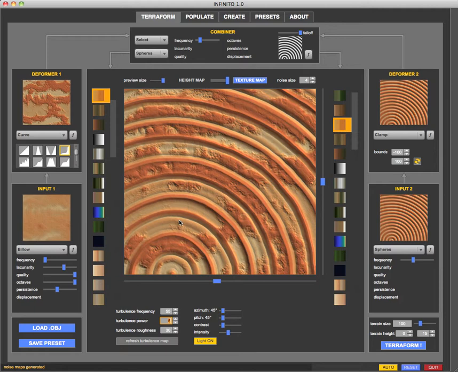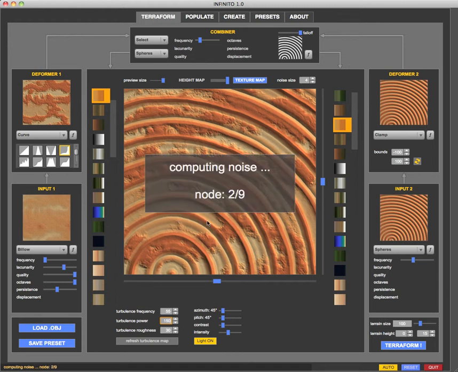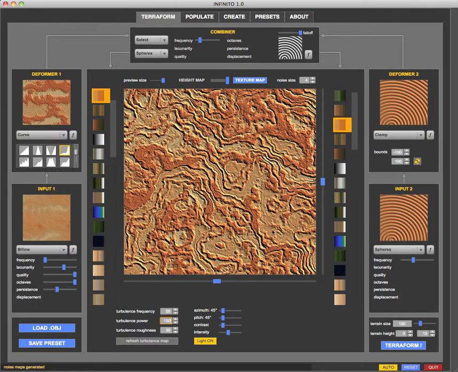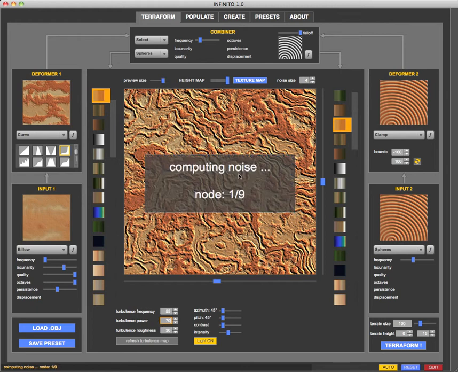So I'm going to choose a very high value for the turbulence power, and the roughness decides how crisp and sharp the displaced pixels are. Well, now I have very high power, so now I'm going to reduce it a bit. I'm going back to 70,